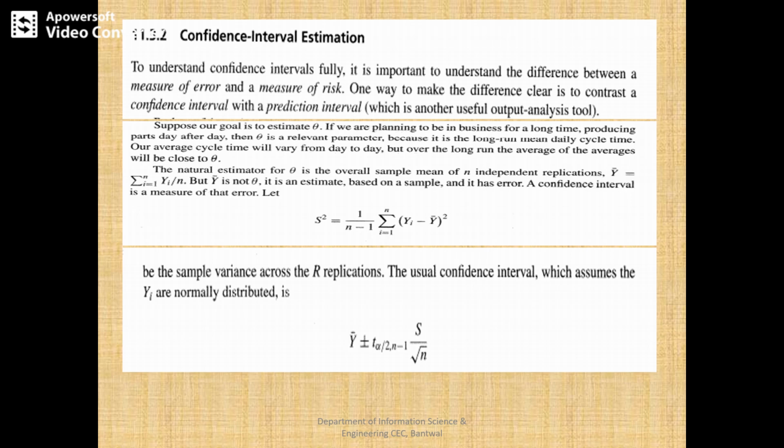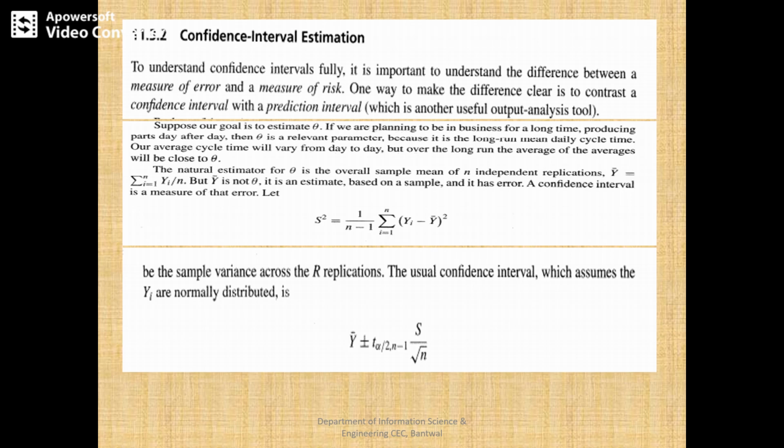To make an example, Yi can be a cycle time of a part produced in the ith replication. Therefore, theta is the mathematical expectation of Yi, and sigma, the standard deviation,